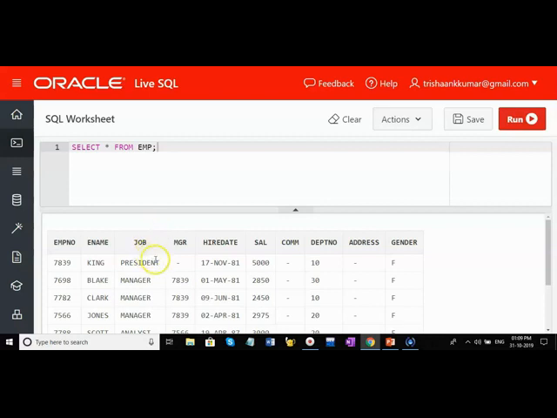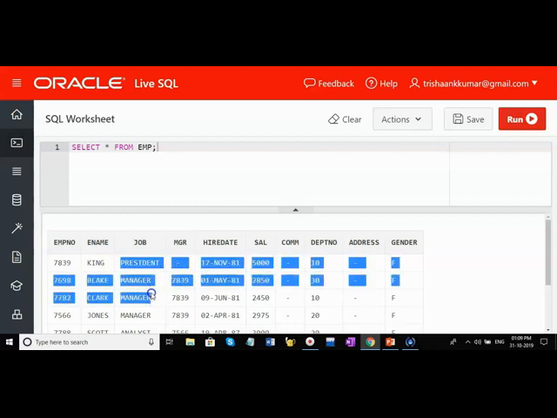So to what extent you can decrease? How many characters are present in this? 1, 4, 5, 6, 7, 8, 9. The president is the largest value, which is occupying 9, length 9. So you cannot decrease the size of this column below 9, because if you decrease this to 8, how can you accommodate president in the available space? So you can decrease the size to what extent? So as to accommodate all the values. Generally, that means it should not be less than the value of the highest occupied space. Understood? So you can increase to any extent.